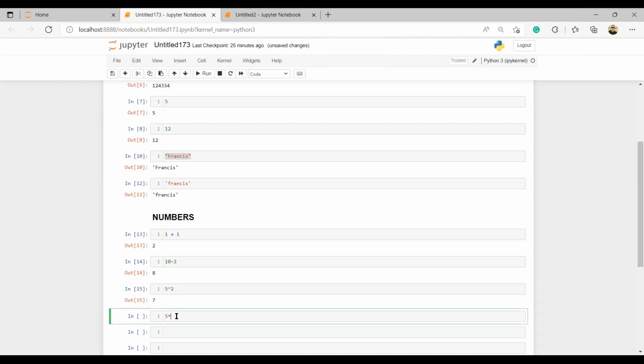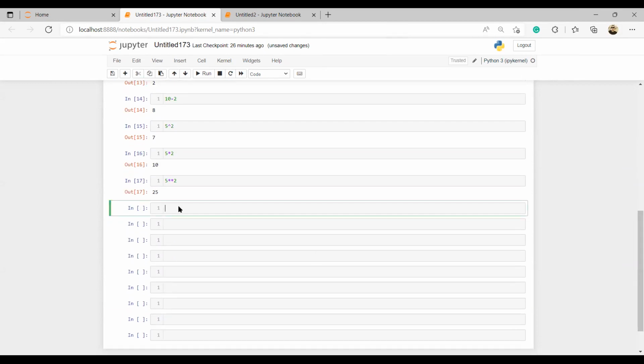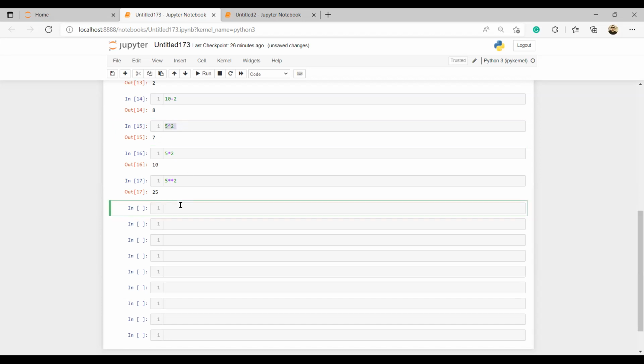If I do 5 × 2, that will give you 10. So to do 5 raised to power 2, it is 5 double star 2. Can you see that? So it is not what you are used to.